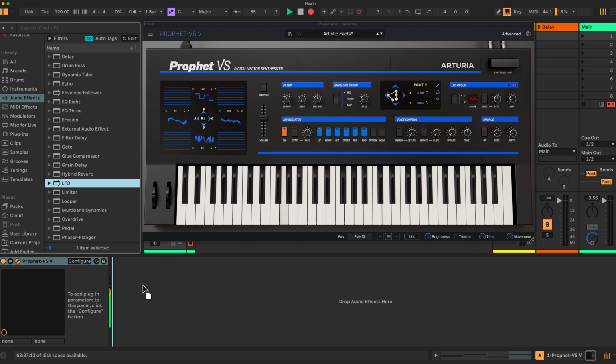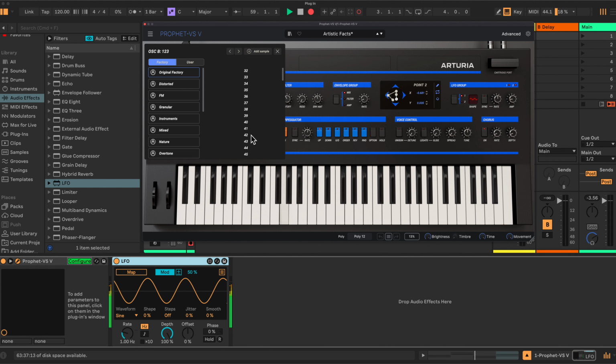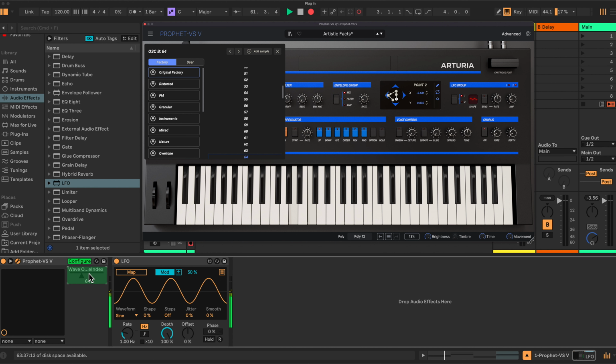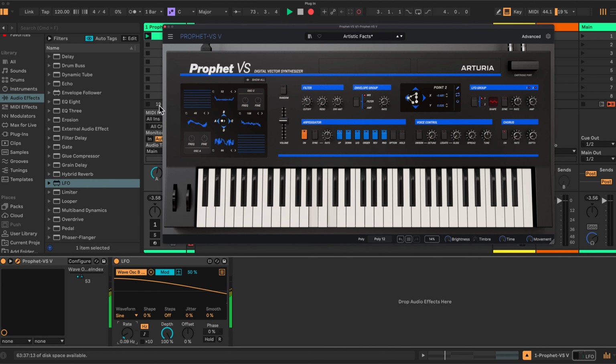So if we drop in an LFO, then by clicking on the configure, I can select here, let's choose just a number, it doesn't matter, 64, the wave index. I could then close that one. Well, let's just stick with 1 at the moment. So I have that now linked to this effect. If I now map this here to the LFO and increase the rate, you'll see that it's being modulated. So when I play the tone back,